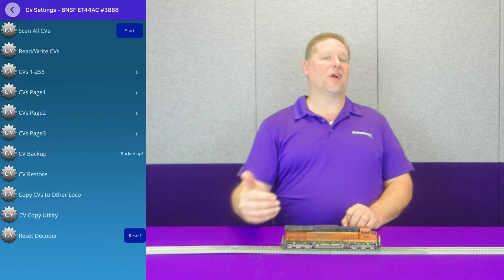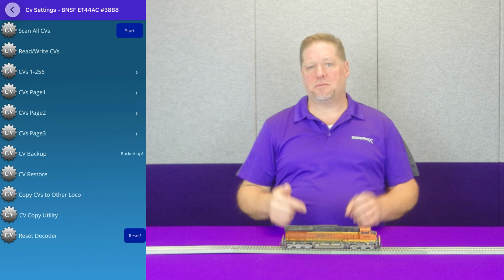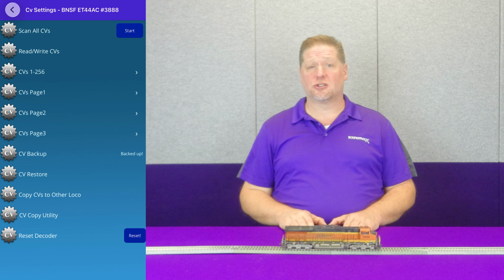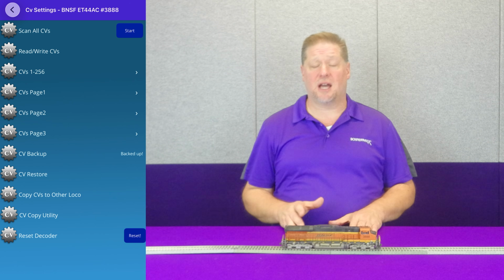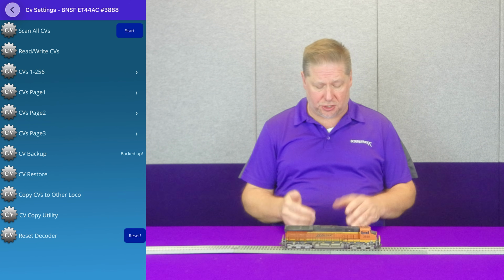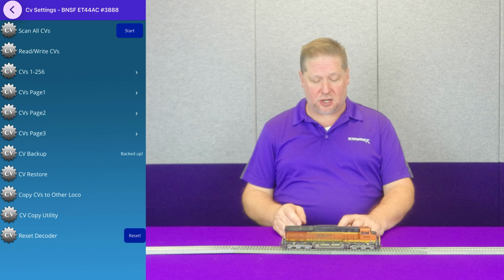So it doesn't overwrite that. It doesn't overwrite the nickname. It just overwrites the important CVs, and then you can readdress it later to something else, or you may have already done it. Again, it's up to you. Then there's copy utility. So if you want to blast it out to a couple of decoders at a time, you can do that. And then there's the reset decoder. So as you can see, the app really does help make things a lot easier when you're running and setting